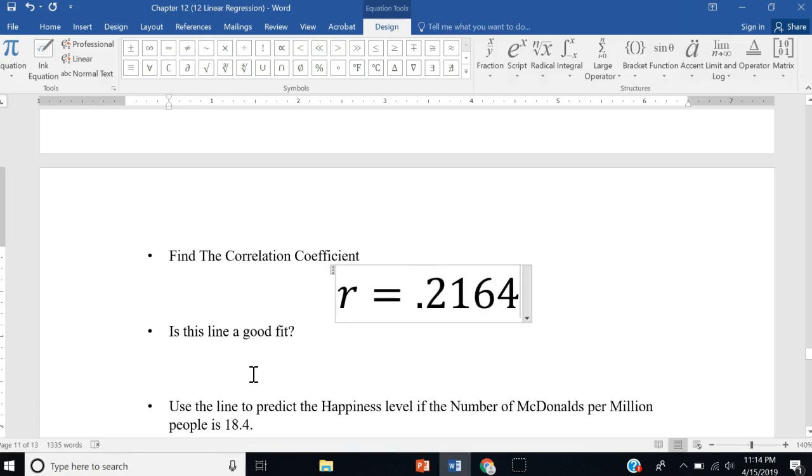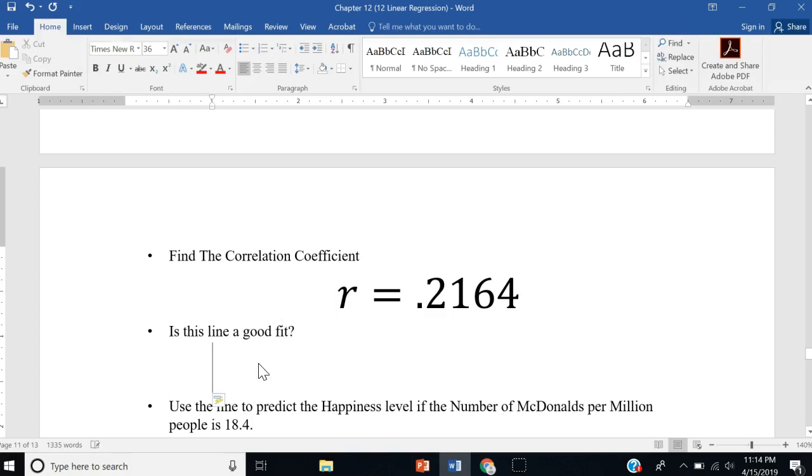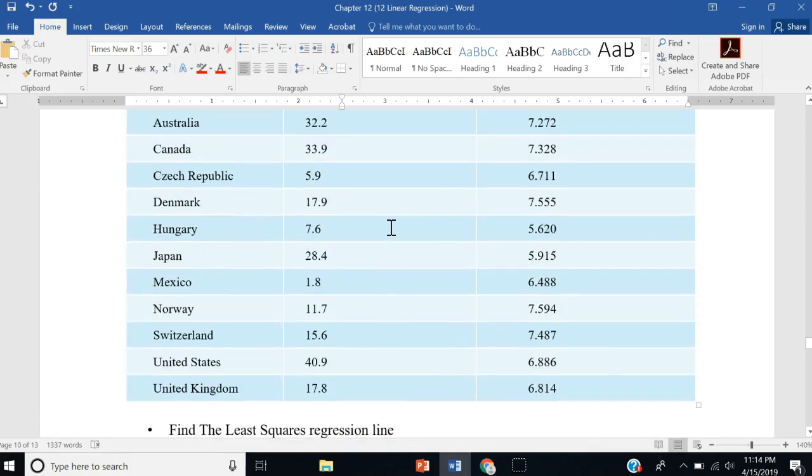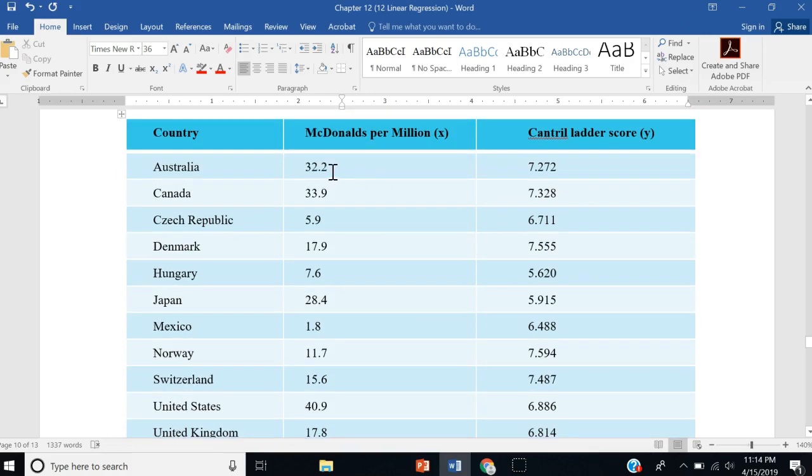Now that is a very small correlation coefficient. So this line is a bad fit. Let me explain what a bad correlation coefficient really indicates. If you look at a scatter plot of this data, where each of the McDonald's per million and the Cantrell ladder score is an ordered pair, an XY value,